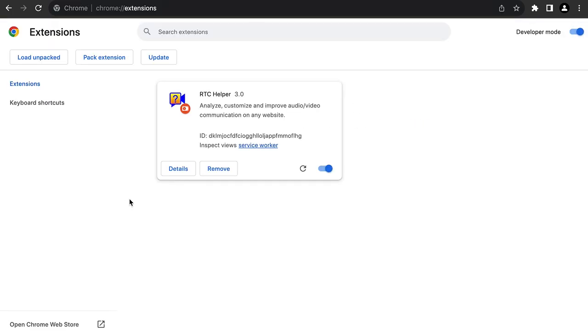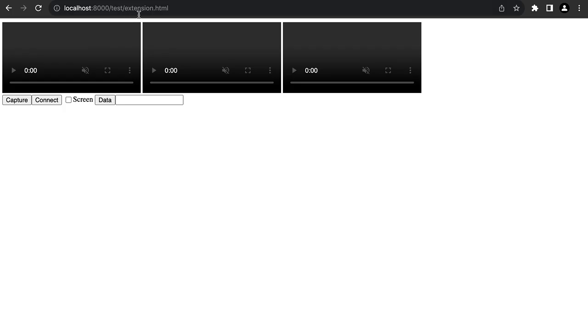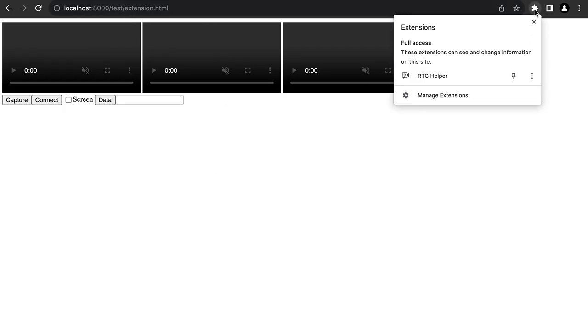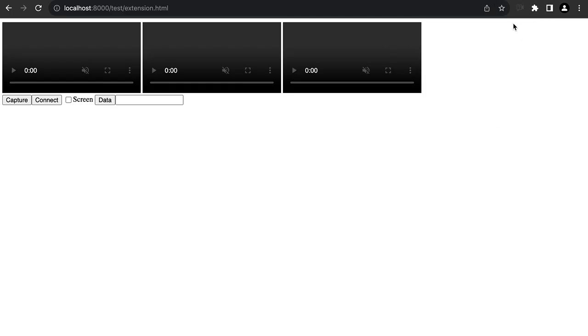So once I clicked on that, once I loaded the unpacked extension, it loads like this. If you're familiar with extension development, you can basically check the logs and do reload and so on. But here, let's go to the extension page. The extension should appear here, so you can pin it so that it appears on the address bar. And once you reload,